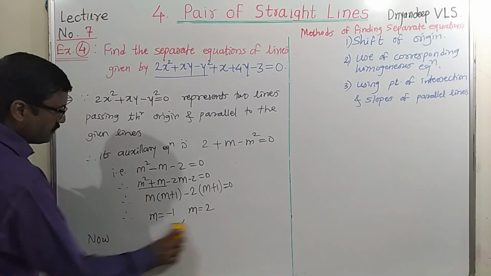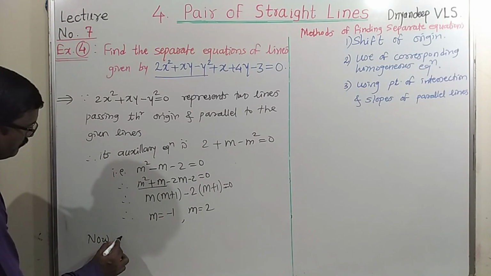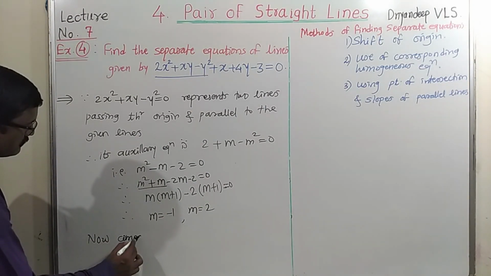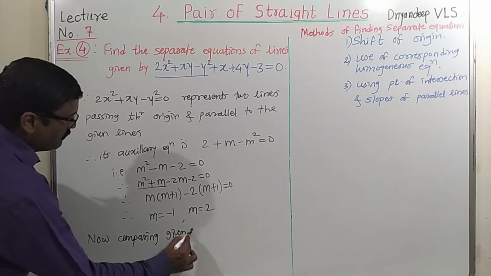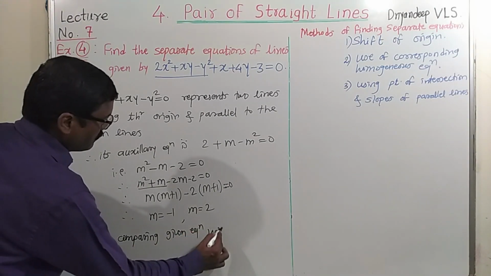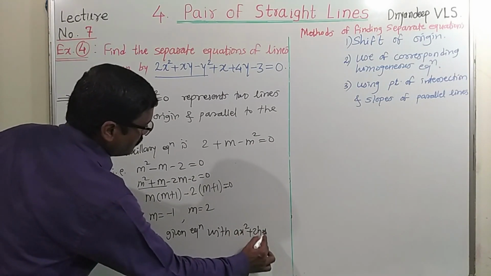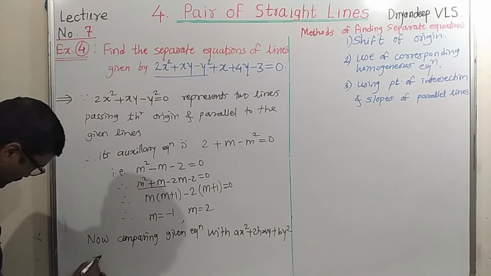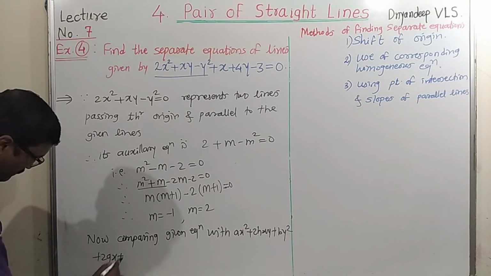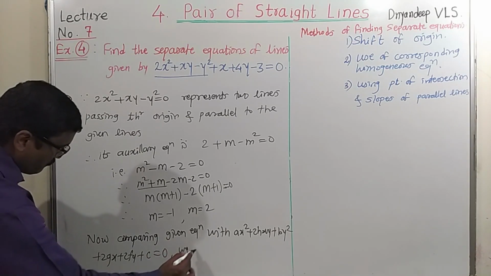Now compare first, then write the point of intersection. Now comparing the given equation with ax square plus 2hxy plus by square plus 2gx plus 2fy plus c equal to 0, we get